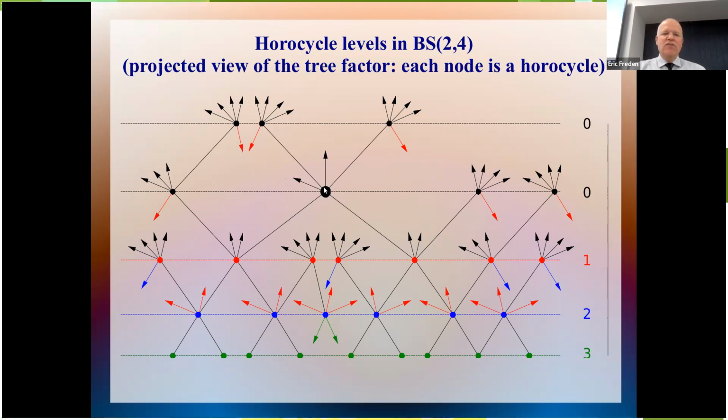So if I start at level 0, which is black, and I go up, I get something that's level 0. If I start here and I go down, I get something that's level 1. If I'm at level 1 and I go up, I get level 0. If I'm down, I get level 2. I think that's easy enough. If I'm at level 2 and I go down, I get level 3. If I go up, I get level 1. That's the idea behind level, but there's a little fly in the ointment: